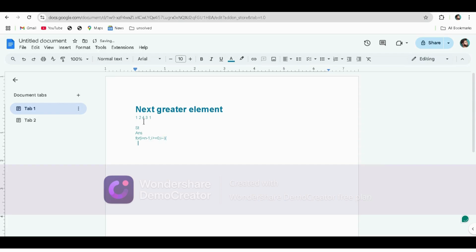And after that, we have to check while not st.empty, while the stack is not empty. If there is a stack there, because we have to check if we are putting any operation in the stack, we first check that the stack is not empty before doing any operation. And if st.top, which we have been storing, is